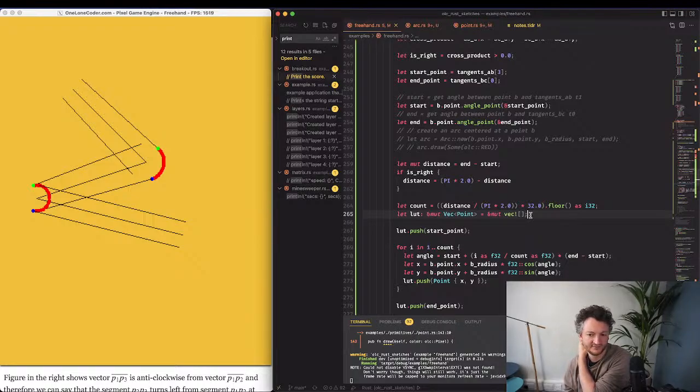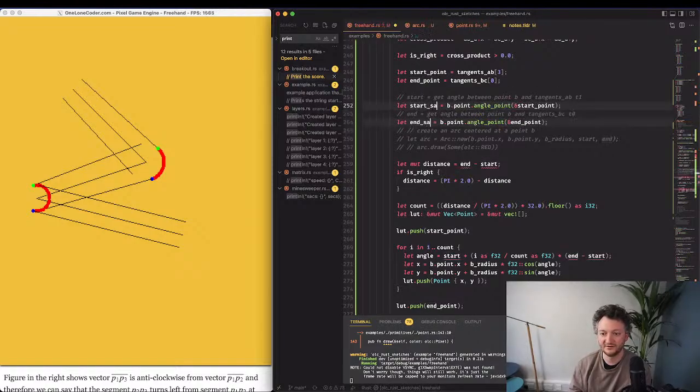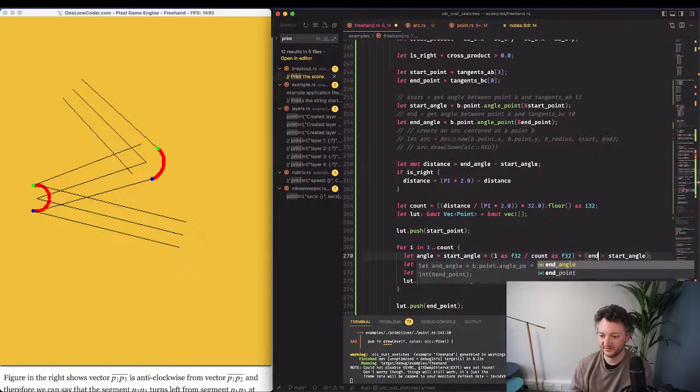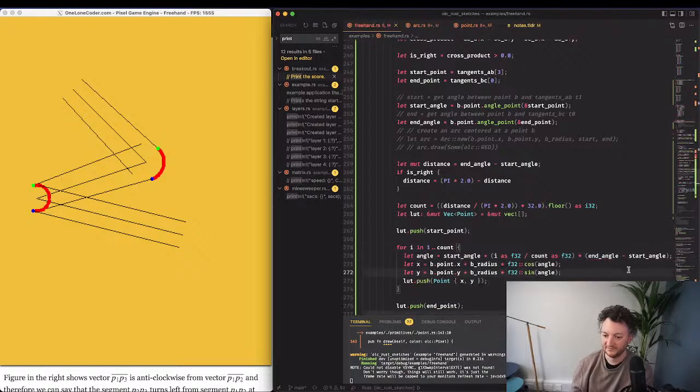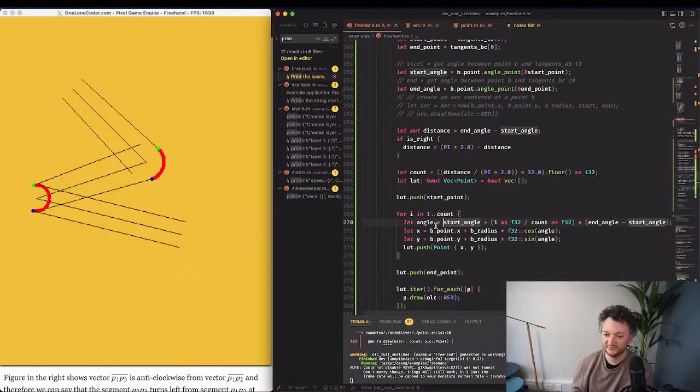And then the type for distance, these are angles. Sorry, I should probably do this. Let's do start angle. They're in radians. So angle is start angle minus end angle. I wonder if it's like,